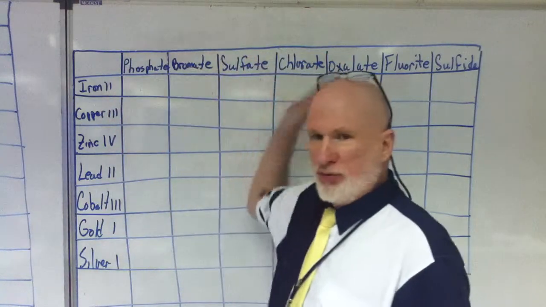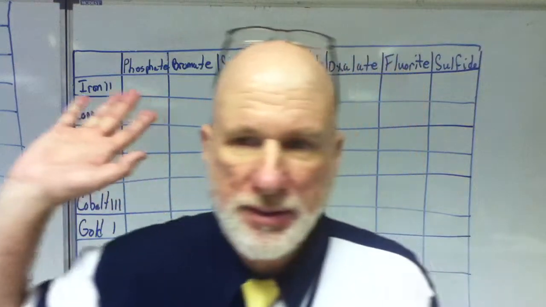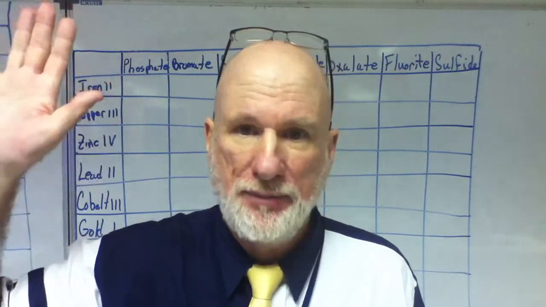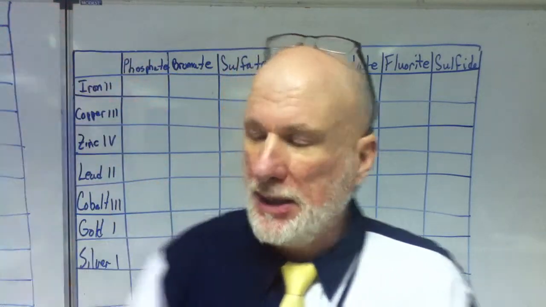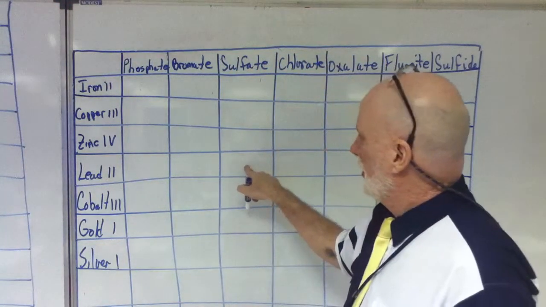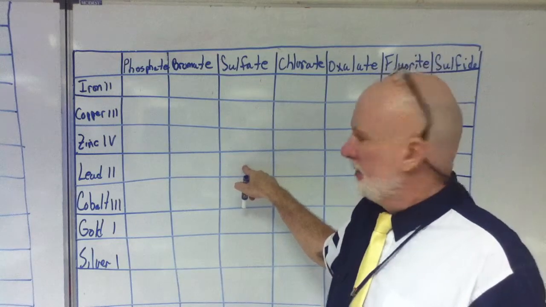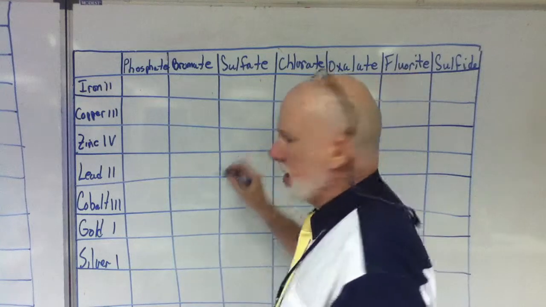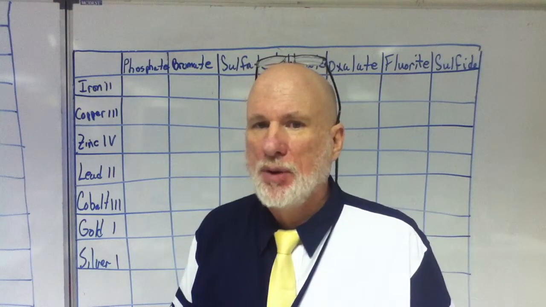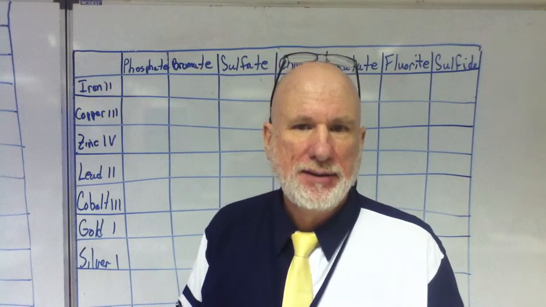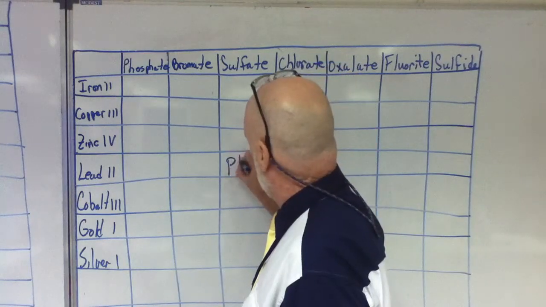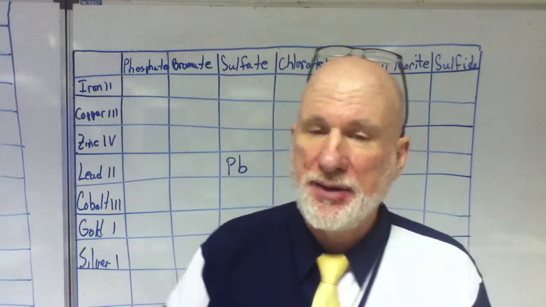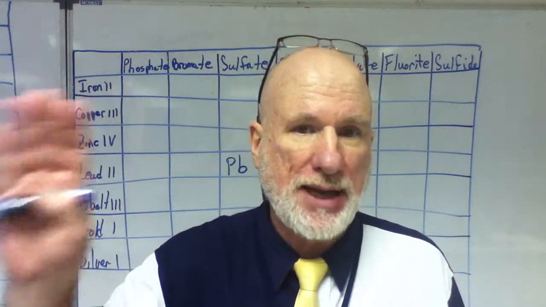This is going to be name to formula. You're going to have to do this for homework. Okay? Now, let's do this one. How would you write lead 2? What would that be? The ion. No, you wouldn't say lead, you'd say what? What's the formula for lead? Pb. Right? Pb. Extra credit if you can tell me before the end of the period